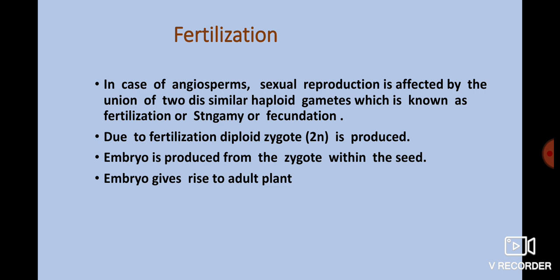Now, you need to know what is fertilization. As I also told you in previous classes, fertilization means permanent union of two gametes. One has to be male, one has to be female, and the union between male and female gamete will result in the formation of a zygote. Gametes are unicellular units, so two unicellular units, when fused with each other, result in the formation of a zygote, which will be diploid in nature.